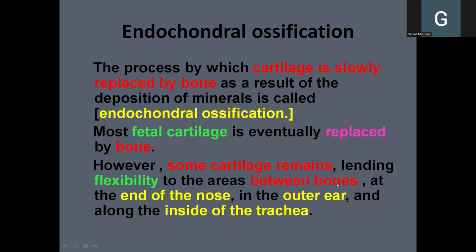So articular is the adjective, which means related to the joints. So as we will see on the next slides, the ends of long bones are covered by cartilage, and this cartilage is called